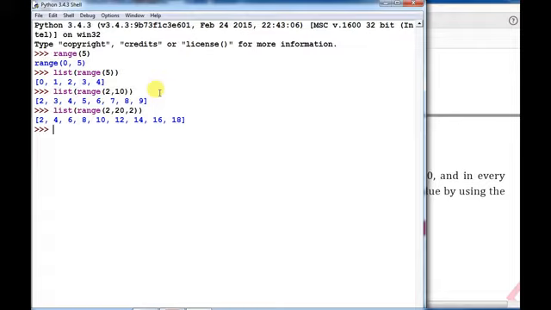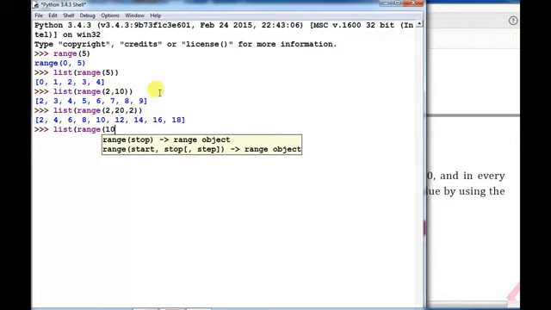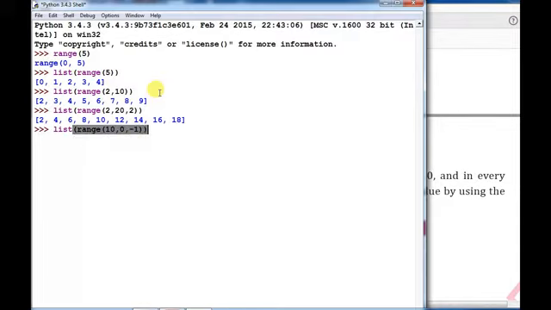You can also generate the list in reverse order. For example, a list with the help of range function: range, and suppose 10 to 0 and -1. So the output will be 10, 9, 8, 7, and so on down to 1. In this way we can also generate reverse ranges. Whenever we use a for loop, we have to use a range function, and other sequence data types we can also use with the for loop.